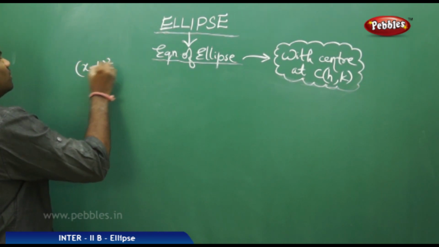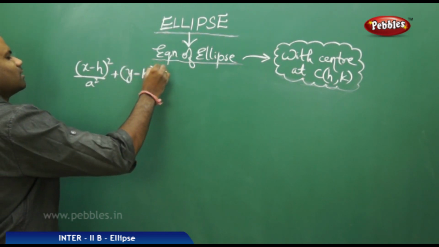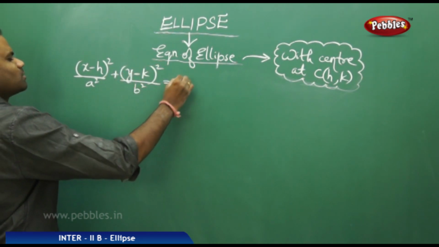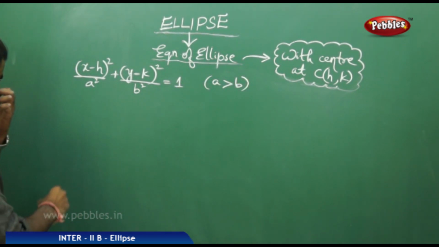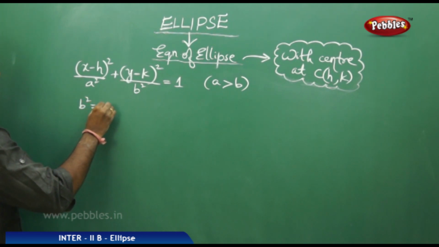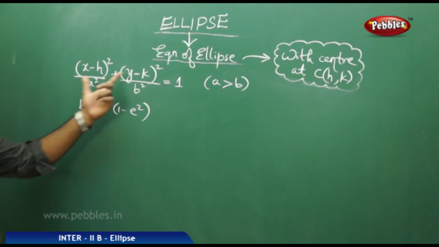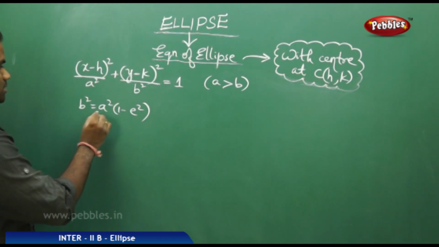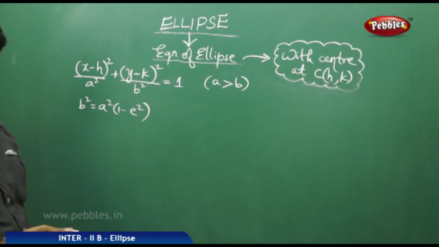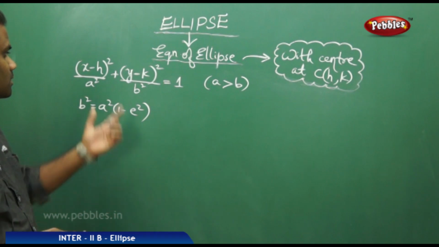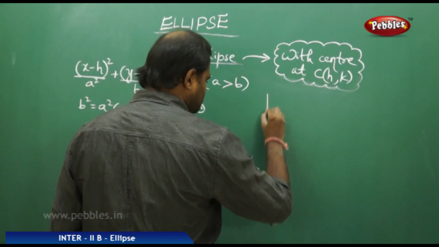Therefore, for the ellipse (x minus h) whole square by a square plus (y minus k) whole square by b square equal to 1, for a greater than b, we have b square equals a square into (1 minus e square), which doesn't change for any transformed equation. This is fixed. And the lengths of the major axis and minor axis are also fixed, where the transformed equation has the shape